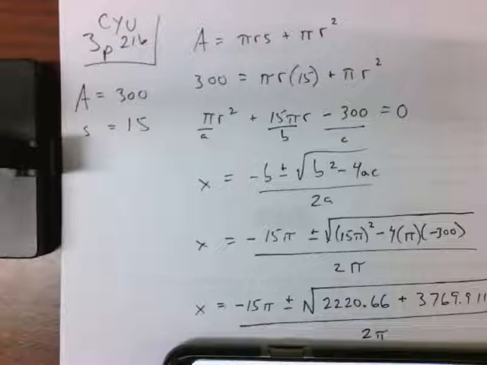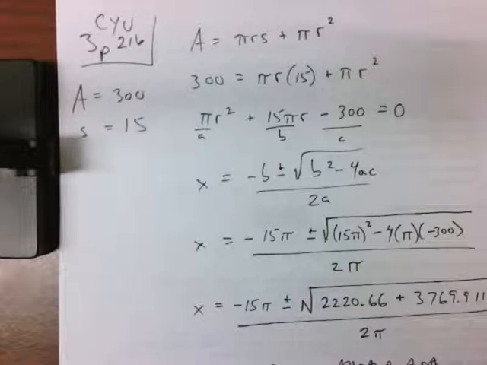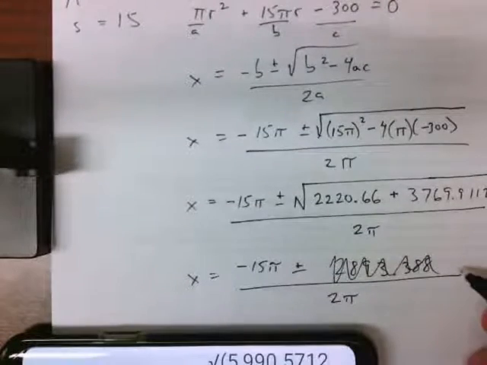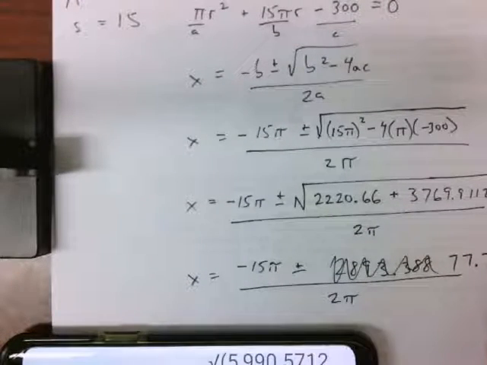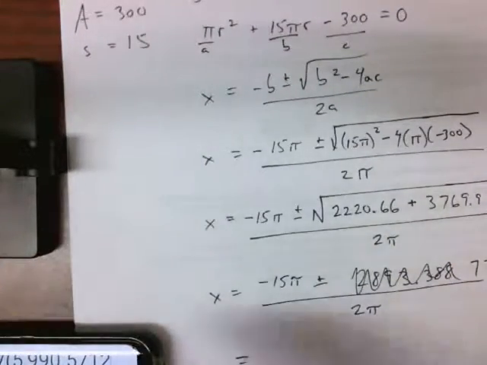So it's 2220.66 plus 3769.9112 equals this. Then I'm going to take the root of that, 5900. Root of, yeah, so clearly this didn't work. So it's going to be plus or minus 77.3987 equals